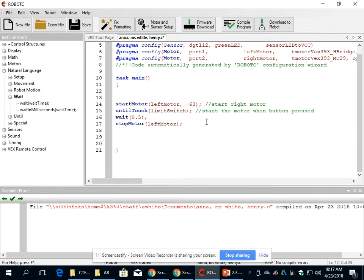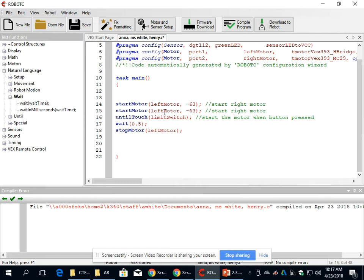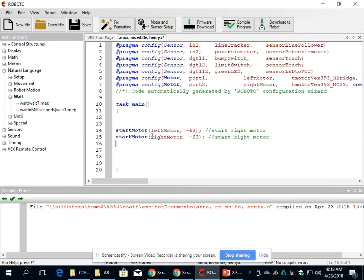Okay. So the other thing I wanted to mention was that if you built a chain drive and let's say you had a left motor and a right motor. So I'm gonna delete this stuff. Okay. If I had a left motor and a right motor